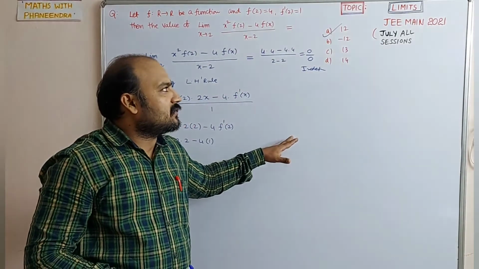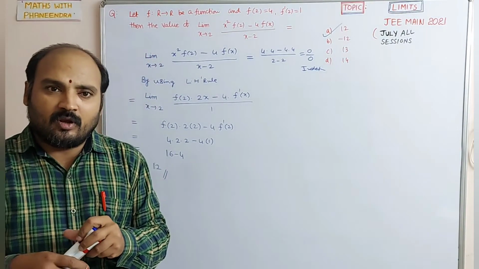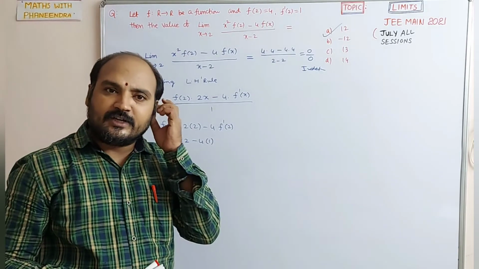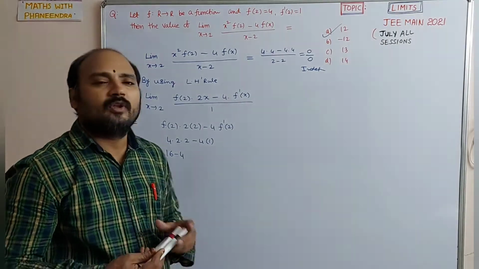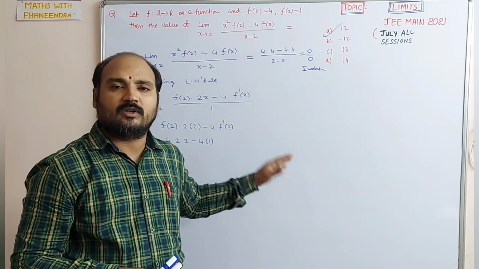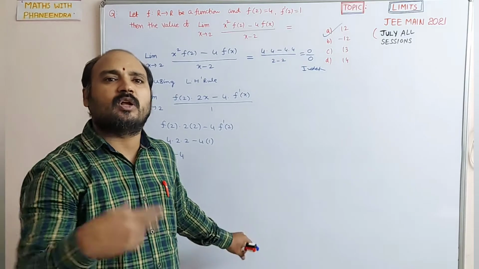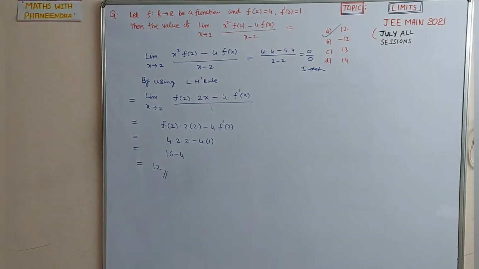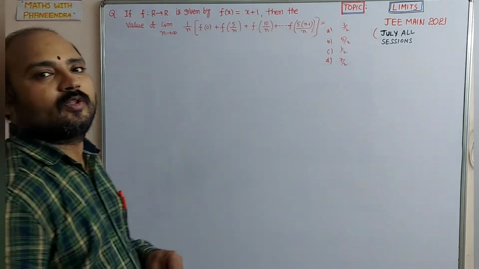In these sessions, in the month of July 2021 JEE Main sessions, one limit problem is there that is related to the second year: limit as an integration, sum of integration. Even that question also I am explaining here. That is the last question in this July, all the sessions, morning and afternoon. Maybe one or two questions may be missing, that also will be covered in the next video. The next question here.